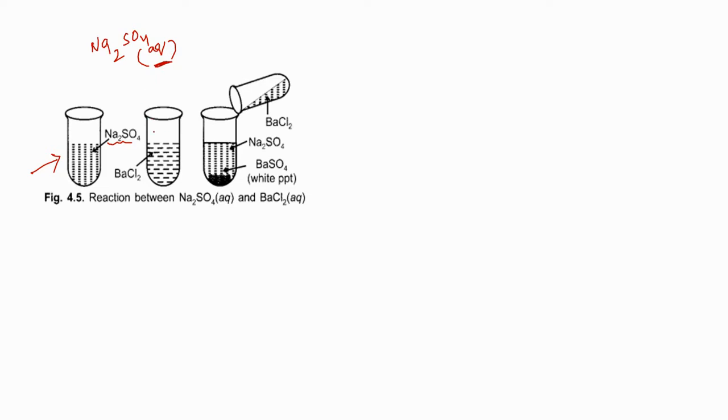And I have taken another test tube, my dear students. In that test tube also I have taken a few ml of water. To that I added barium chloride salt. The barium chloride salt dissolved in water and gave barium chloride aqueous solution. So when I combine these two chemicals, a new product will form, my students. Sodium sulfate aqueous solution is going to react with barium chloride aqueous solution.